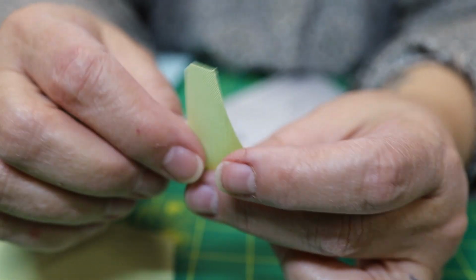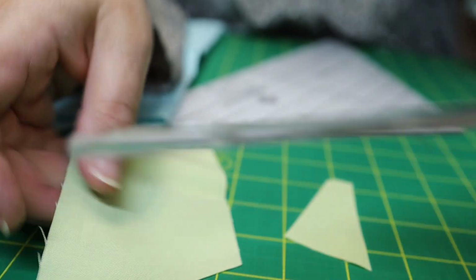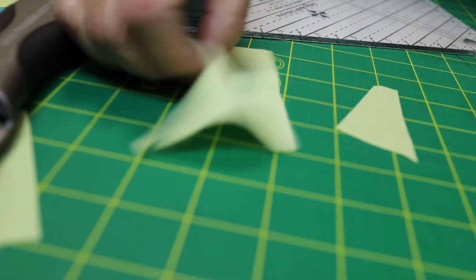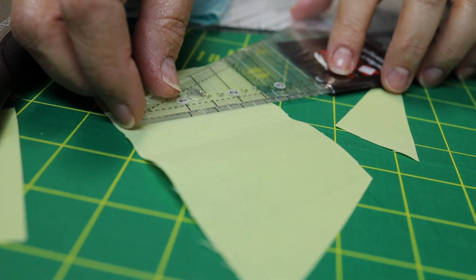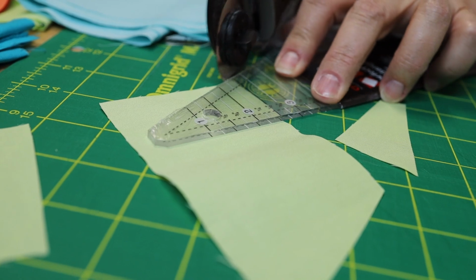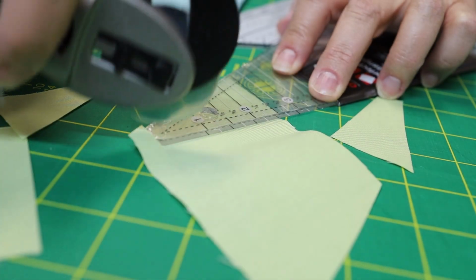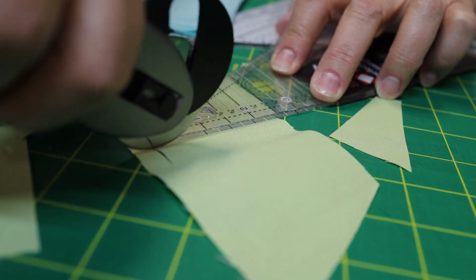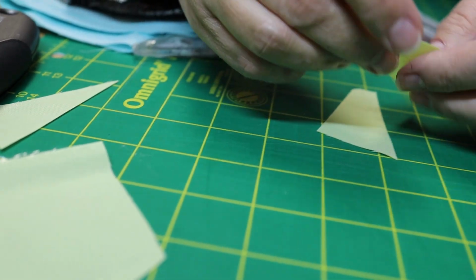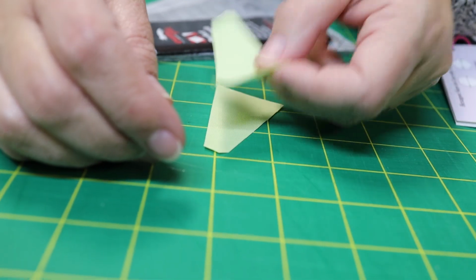So when I put it into the next one, when I put my two pieces together, if I had two of those to sew together, and this is so not the way you're supposed to do it, but it's okay. I'm just giving you the gist of it. And thankfully this is a solid fabric. Now if this was not a solid fabric, I would be doing one face up and one face down in order to get them the right way. So when I sew these two together, because I'm going to sew them together like that,